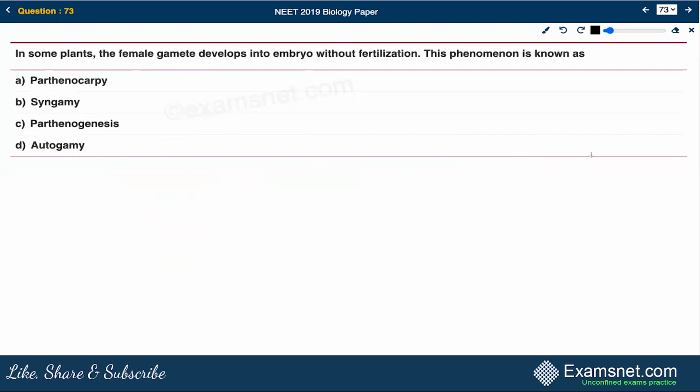Question number 73 says that in some plants, the female gamete develops into an embryo without fertilization. So this phenomenon is referred to as... Now, this is a very definitive kind of question. So this is a direct question, we can say. Basically, the phenomenon in which the female gamete directly develops into an embryo without fertilization is considered to be